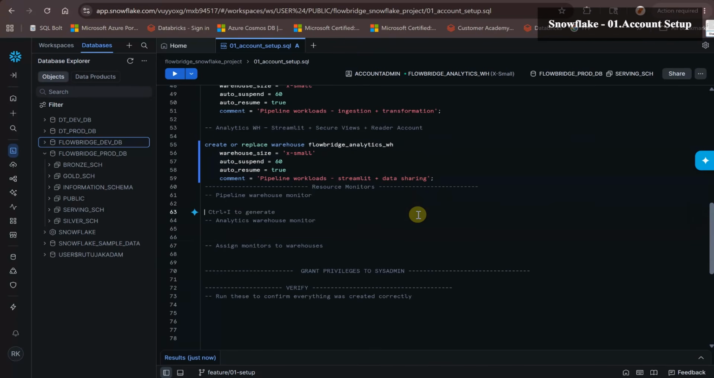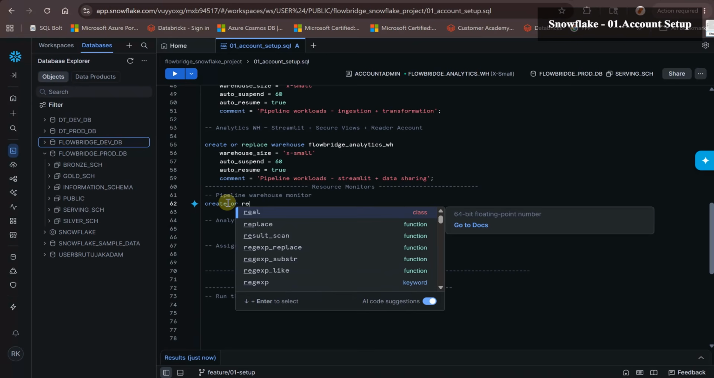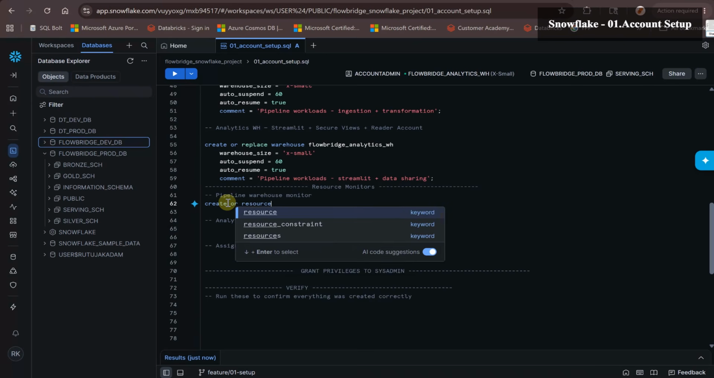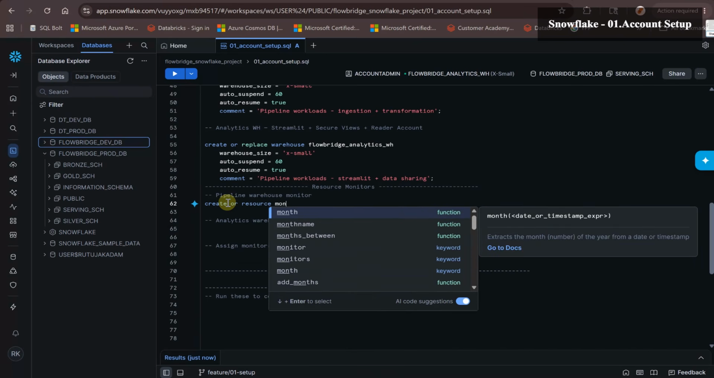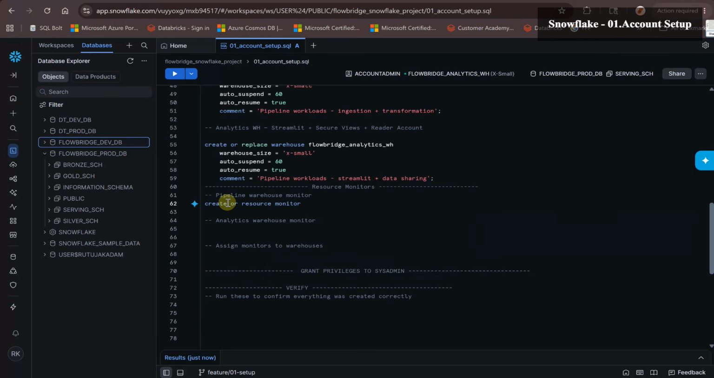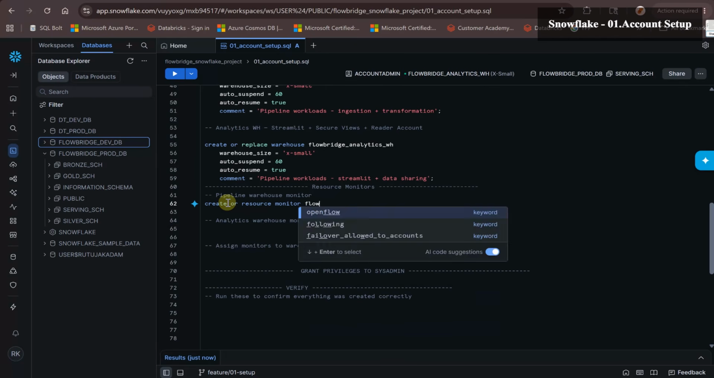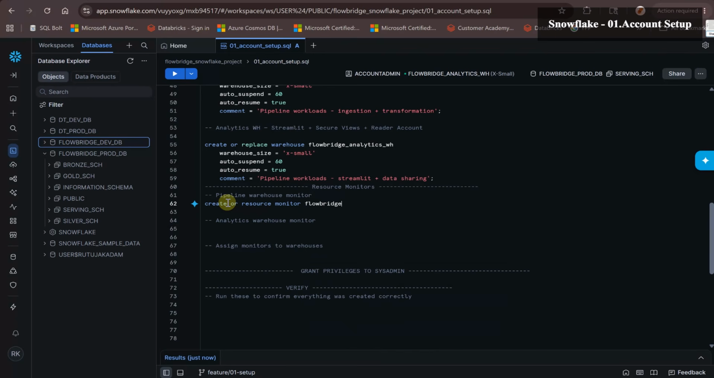Next section is to create resource monitors. We need these monitors to keep track of our credit quota. So for that, we'll say create or replace resource monitor. And our monitor name would be, let's say we will create one resource monitor for one warehouse and another one for the analytics warehouse. Okay, one for pipeline and another one for analytics. So let's say Flowbridge